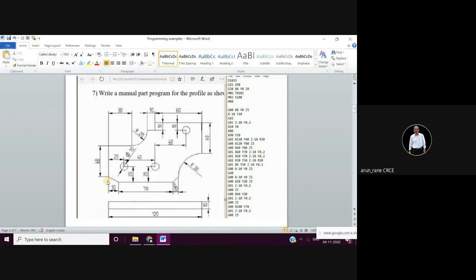See, it is in G90. Nowhere is it mentioned G90. So if in the earlier program, or if it is in the buffer, G91, then there will be a problem. So that's why it is always safe that the first block should be G90, G40, G80. These three codes you must remember. G90 is absolute, G40 is diameter offset cancellation, and G80 is canned cycle cancellation. That is what is called the safe program.